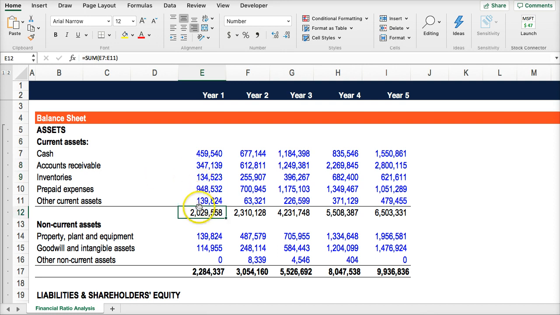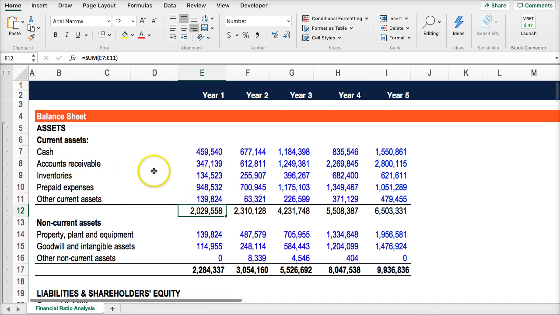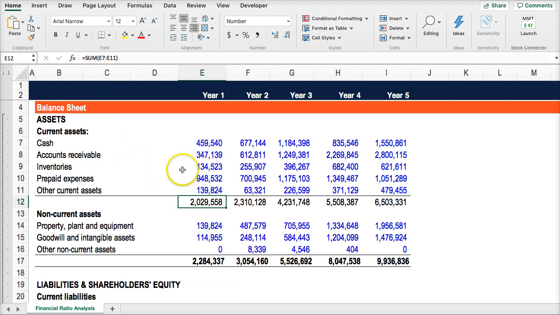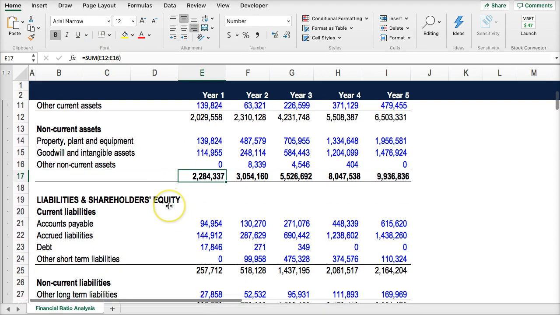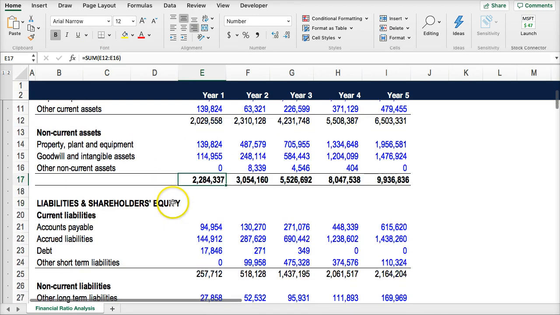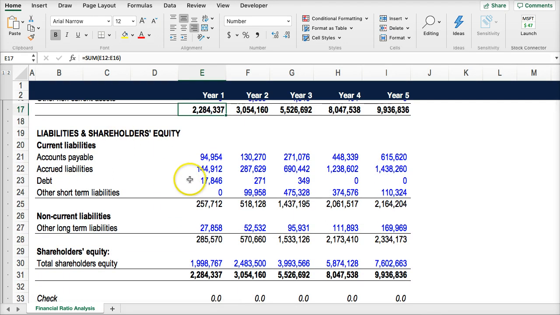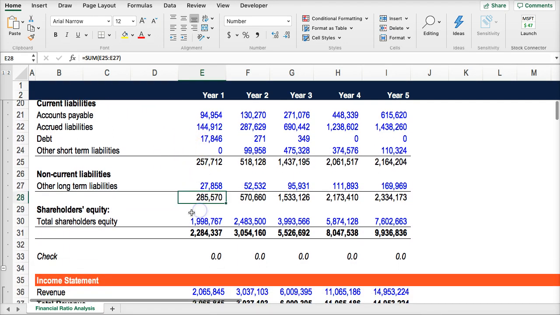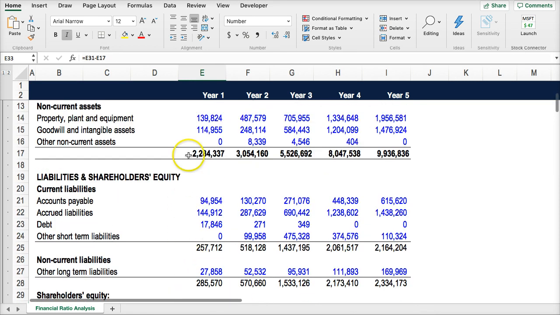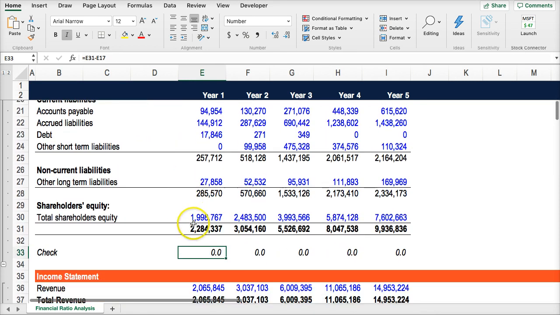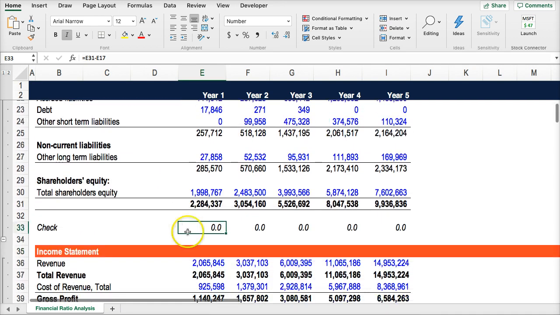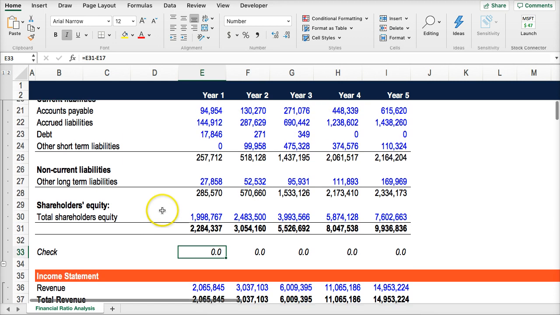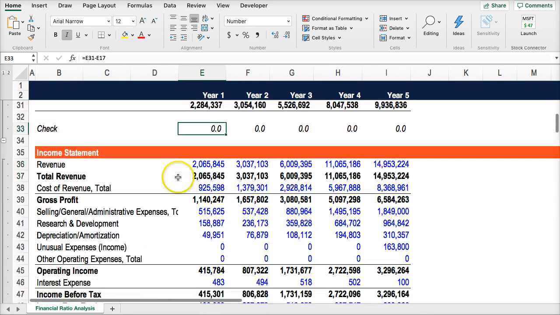So you can see, if you review, how the current assets have a summation here for the current assets and the non-current assets, which are sometimes called long-term assets. And then we have the current liabilities, long-term liabilities, and then total shareholders' equity. And we have this check here. So we're making sure that the total assets minus the total shareholders' equity and liabilities equals zero, because they should balance. So here's a balance sheet that you can review with the formulas in it,